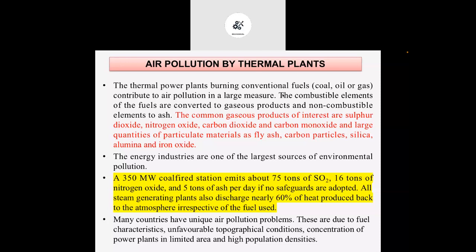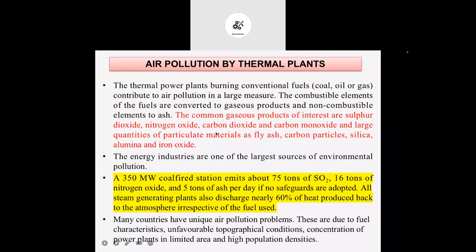So these are the bad effects which will happen when we release these pollutants directly into the environment. Okay, so the first point we are going to see is what the air pollution done by the thermal power plant is, what the different air pollutants released by the thermal power plant are, and how to control them. What are the potential ways that, by implementing those methods, we can control the